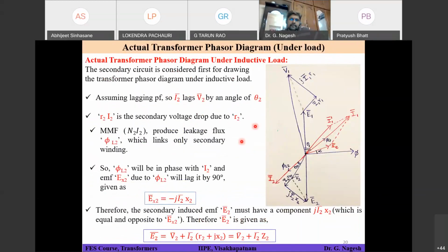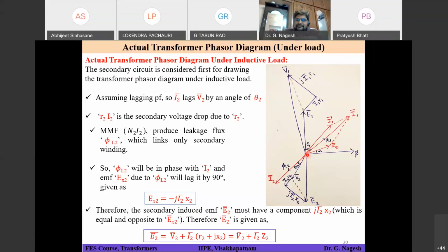Okay. So let's see first from the primary side, and then we'll see the secondary. In a transformer, when you give a source voltage V1, there will be a flux, and the current flowing in the primary winding is called the excitation current IE. There is a magnetomotive force, which is nothing but current into number of turns. Since primary is connected to a voltage source, some current is flowing. Let's say that is the excitation current. The excitation current will flow in your winding even though the secondary is open circuited.